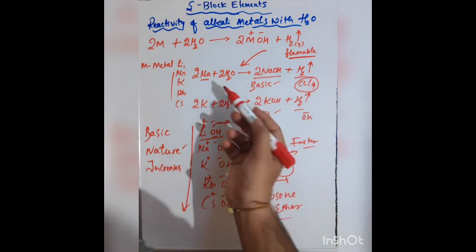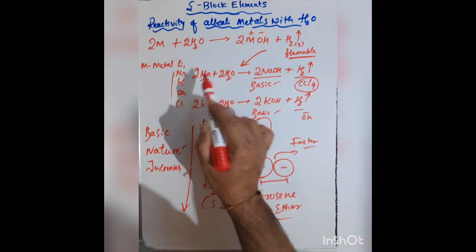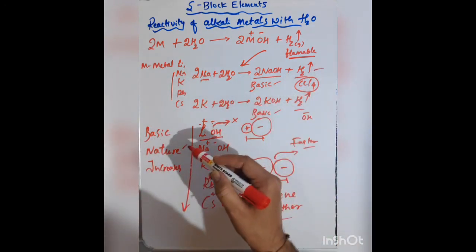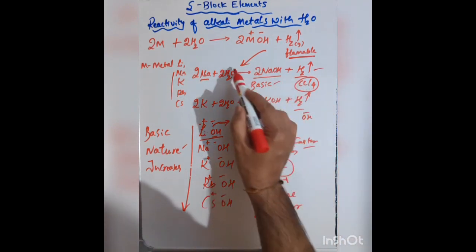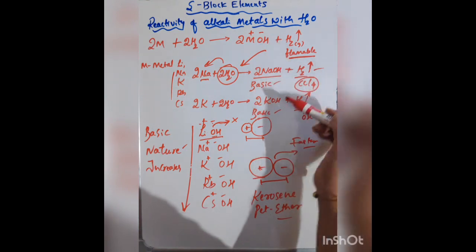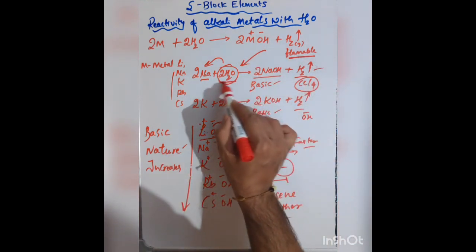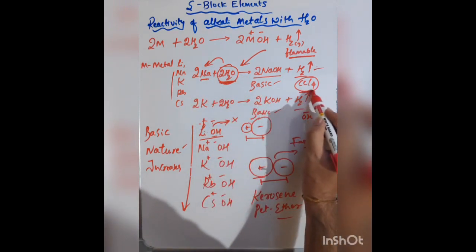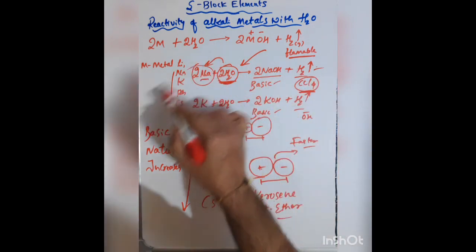Whenever there is a fire, for example, assume that you took sodium and added it to water, obviously there will be fire. If you use water to stop the fire again, water is going to react with sodium and cause more fire because of the liberation of hydrogen gas. So instead of water, we have to use CCl4 to stop the fire of the alkali metals.